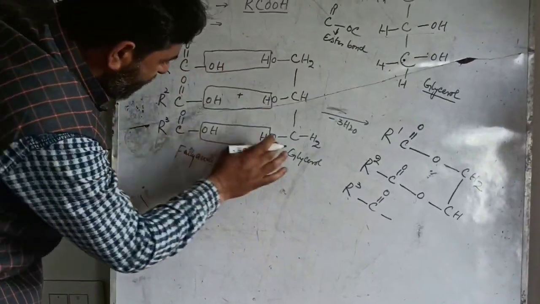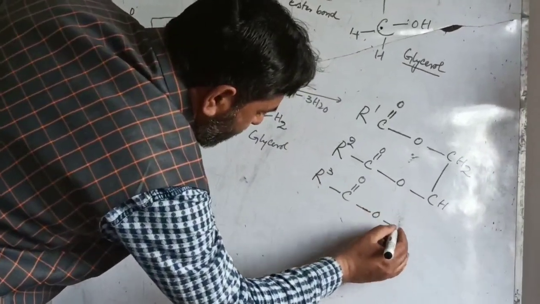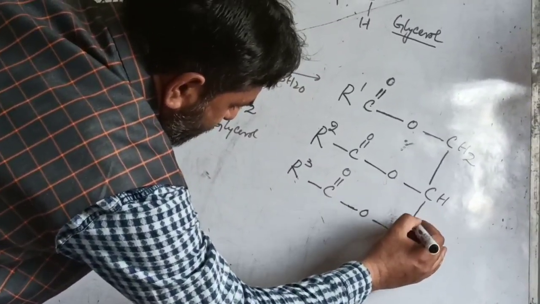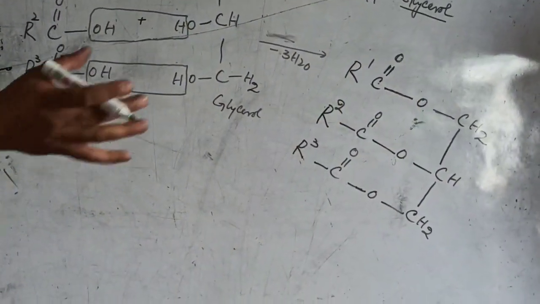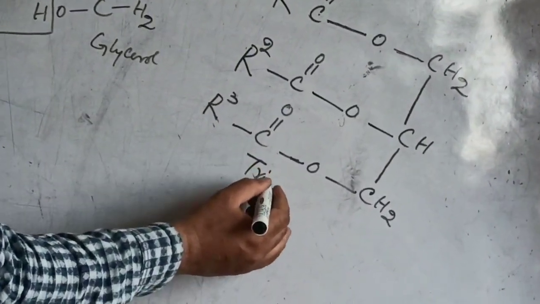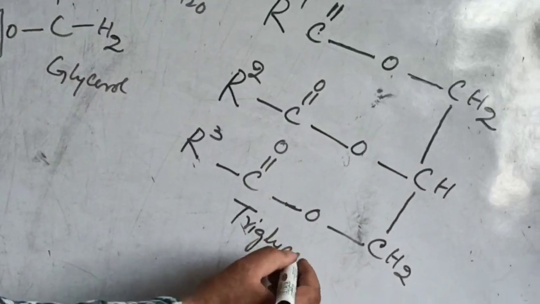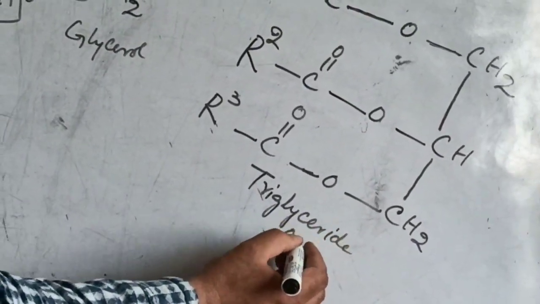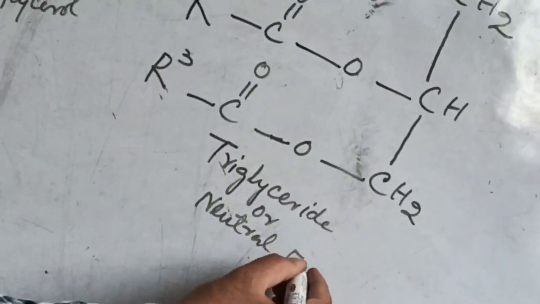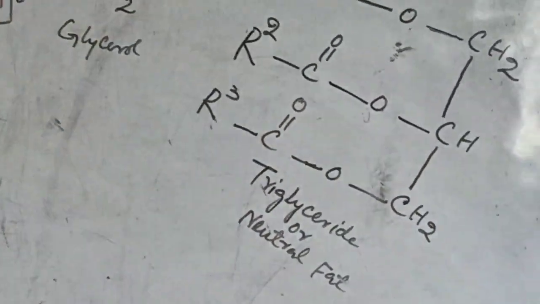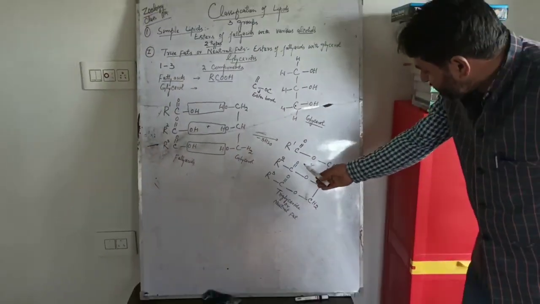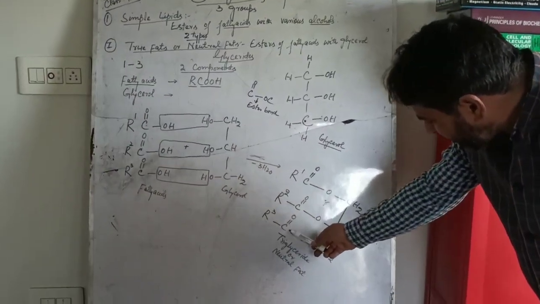Then this forms a bond with the oxygen molecule of glycerol, then this is CH2. There is a bond between carbon and carbon. So this molecule formed here is known as triglyceride or neutral fat. Now this triglyceride or neutral fat, that is the animal fat, mainly consists of 3 fatty acids